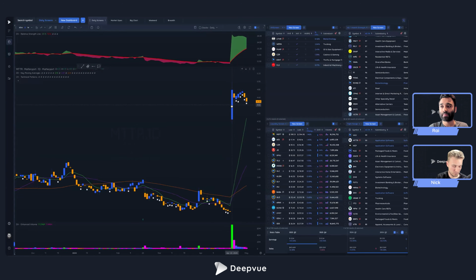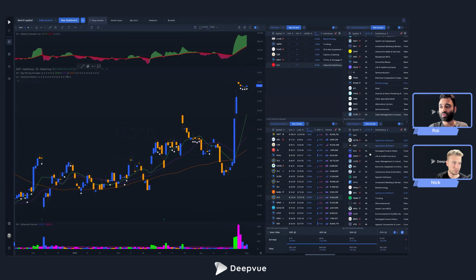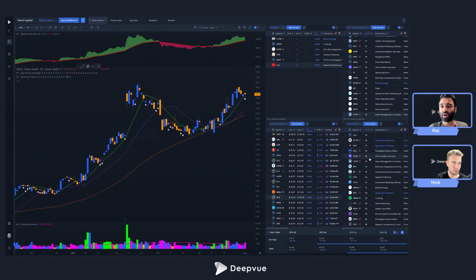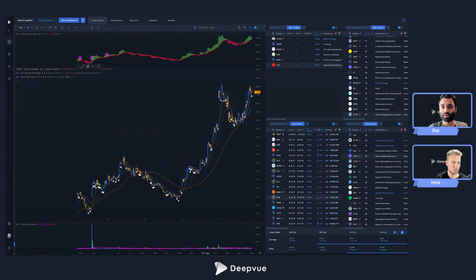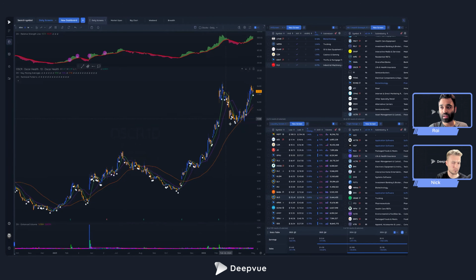So MTTR gapped up, is now consolidating. So going through this will give you a lot of stocks, like OCSR is acting pretty well. Like it's flagging as the market figures out what it wants to do. It's holding the rising 10-day, and you zoom out and you do a little more, in terms of how the pattern's forming itself. So it's kind of a U shape with a flag, and it's showing relative strength as the market figures out